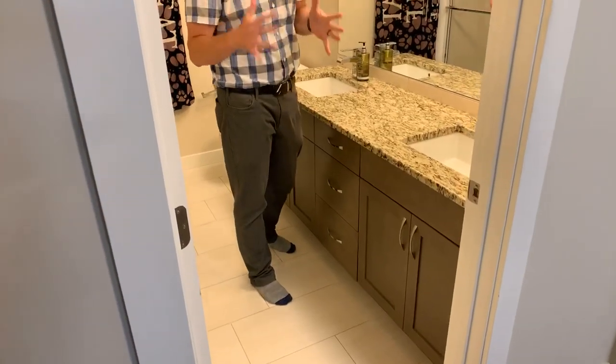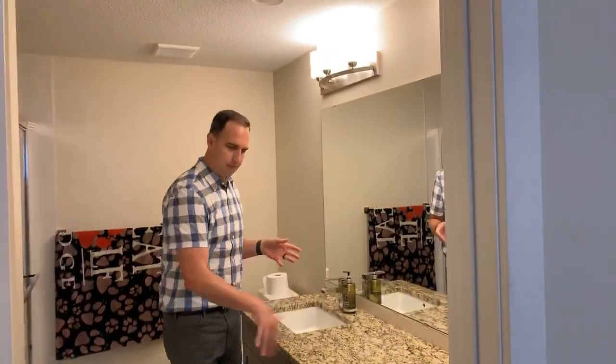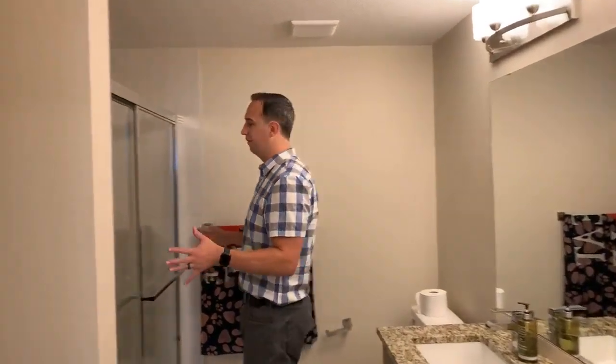Everybody's got their own sink, their own space. We've got the bank of drawers. We've got this beautiful 5-foot stand-up shower here. I don't need to stand in that. I already laid in a bathtub for you. But we got the big shower here, and we've got some linen storage and stuff behind the door even, so